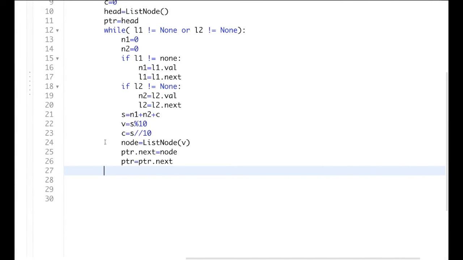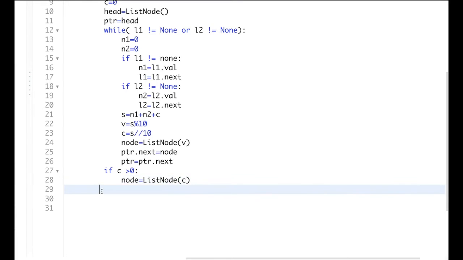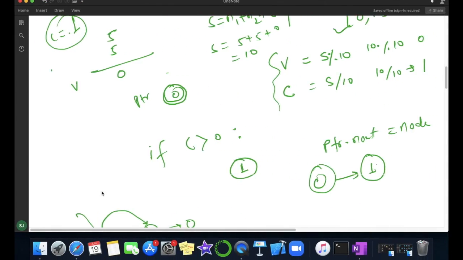So we will add one more condition. After coming out, we will check if our carry is greater than 0, then we will create a new node equal to ListNode, and we will pass the value C. Now again we created the new node.